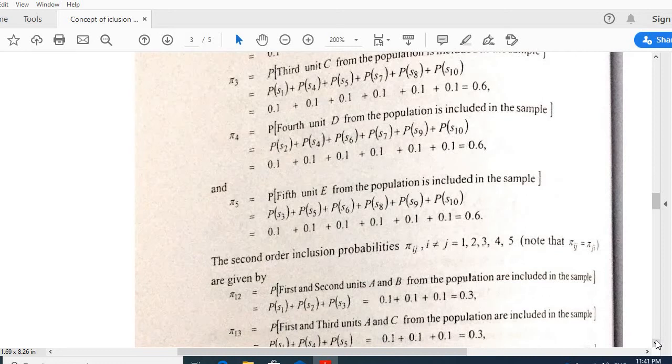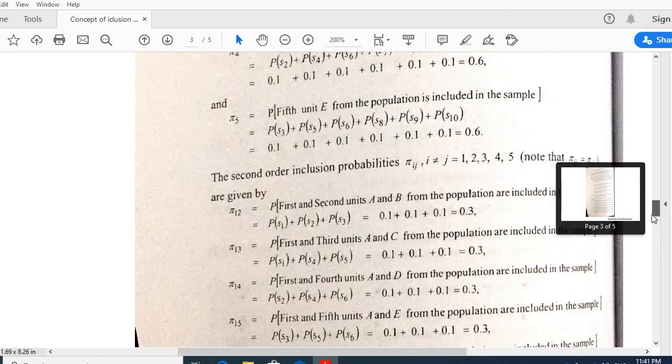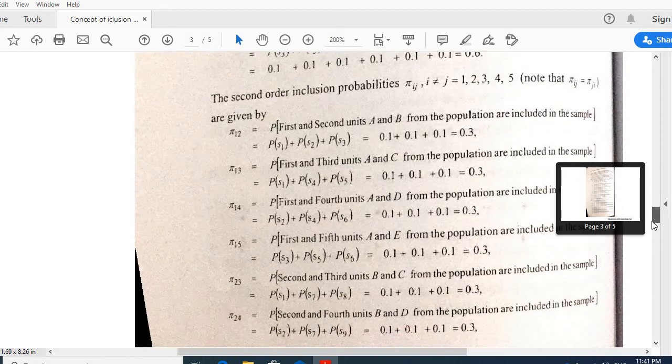Therefore, pi 1,2 is equal to P(S1) plus P(S2) plus P(S3). Therefore, 0.1 plus 0.1 plus 0.1 is equal to 0.3. Now, the second order inclusion probability pi 1,2 is equal to 0.3. Similarly, we find the inclusion probabilities pi 1,3, pi 1,4, pi 1,5, and pi 2,3,